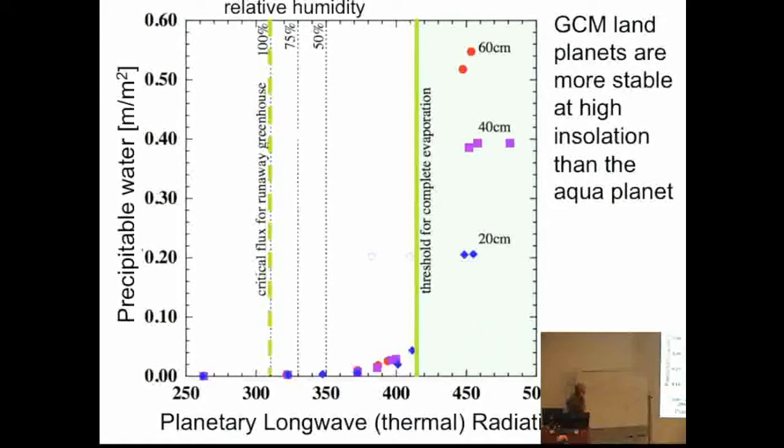Now in a GCM, Professor Abe did GCM simulations of a dry planet. Very, very idealized simulations of a dry planet. And what he found was that the runaway greenhouse threshold, the critical flux,